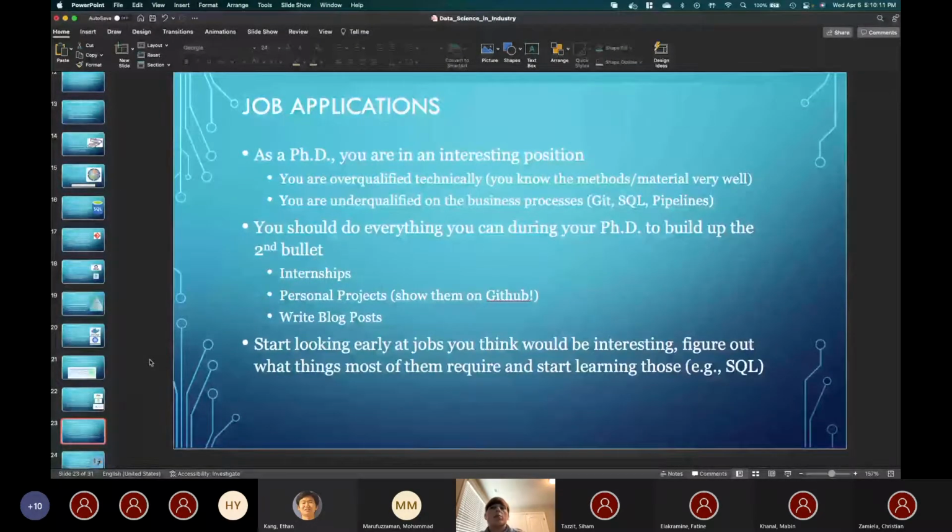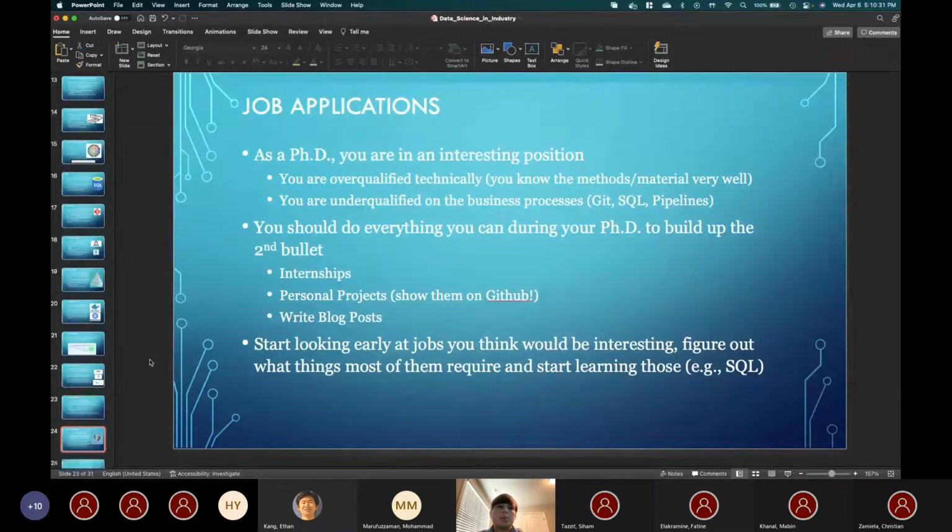So if you want to be a machine learning engineer, for example, and you see that of the machine learning opportunities that look interesting to you, all of them require you to know GitLab, then start learning GitLab now. So then, a year or 2 years later when you start applying for jobs, you already have that on your resume as something you can talk about.